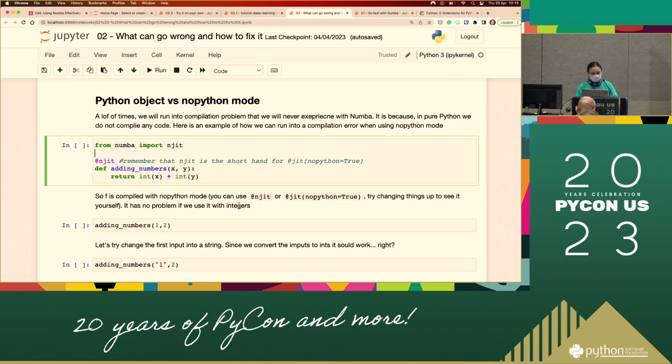Now we are doing something that someone already mentioned. What if I compile the function and it's designed for integer, and then I put in a float? So what happened? This is a problem caused by the type. In Python, types are very dynamic. You can put in anything. You can change the type. But a program that needs compiling doesn't work like that, right? If you have learned other programming languages, for example C or C++, you have to define the type of the variable. It's not dynamic like Python.